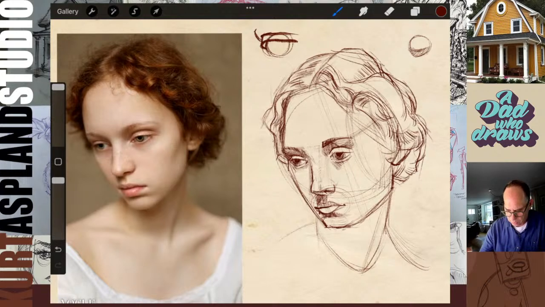Add some tone. And then her collarbone's coming over here.